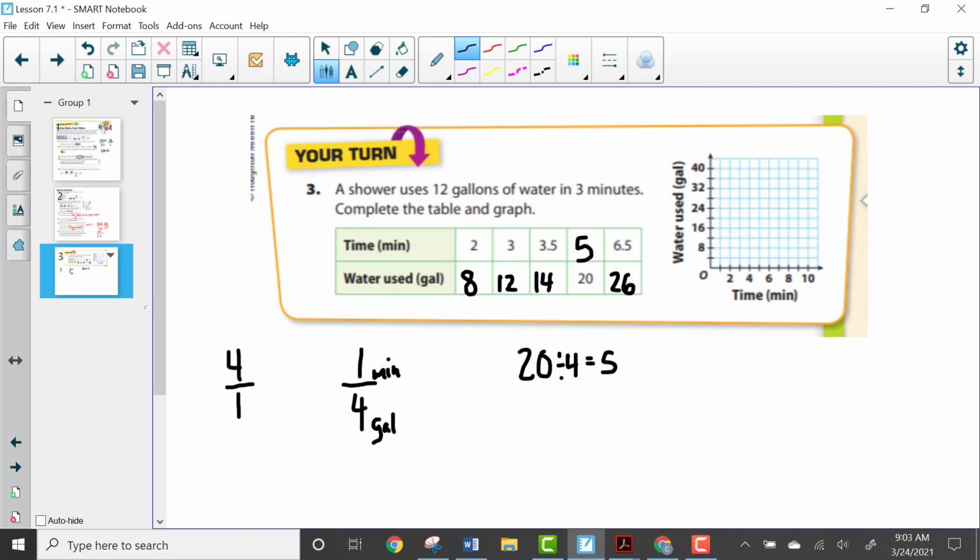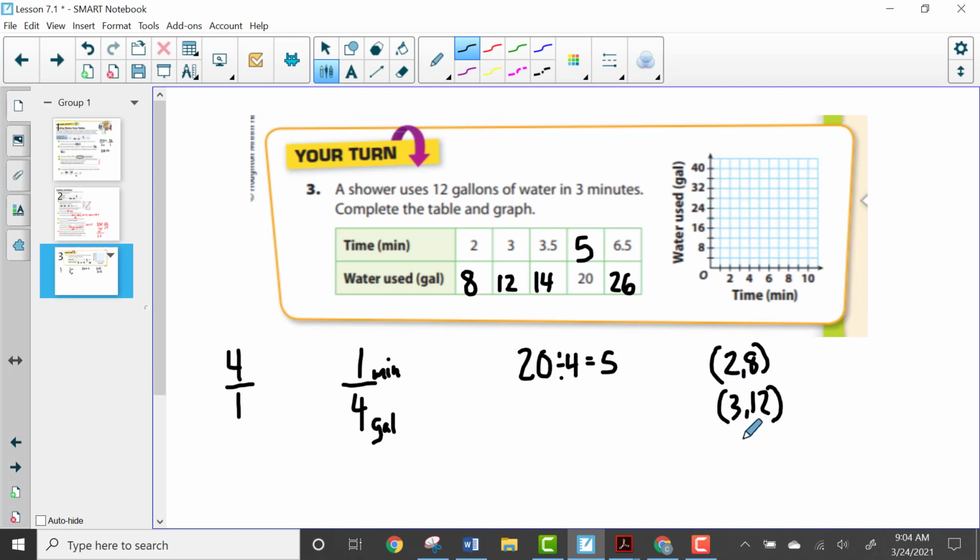So now it's time to graph our data right from the table here. We need to understand that the time represents the x-axis. The water used in gallons is going to represent the y-axis. So the first set of data is the ordered pair of 2, 8, and then we have an ordered pair of